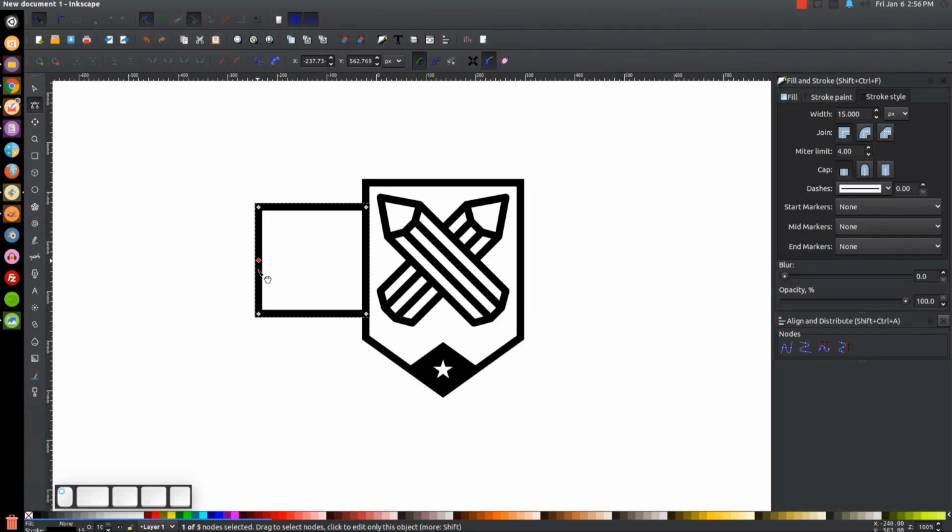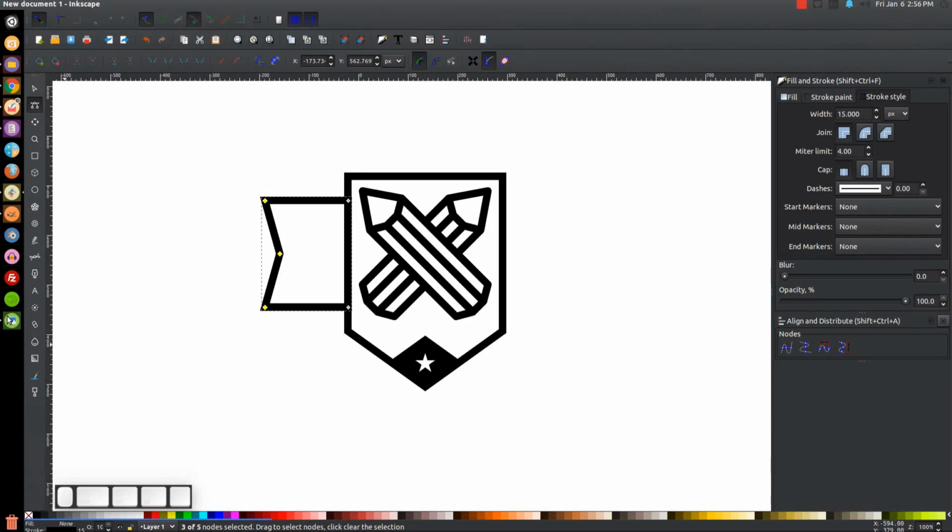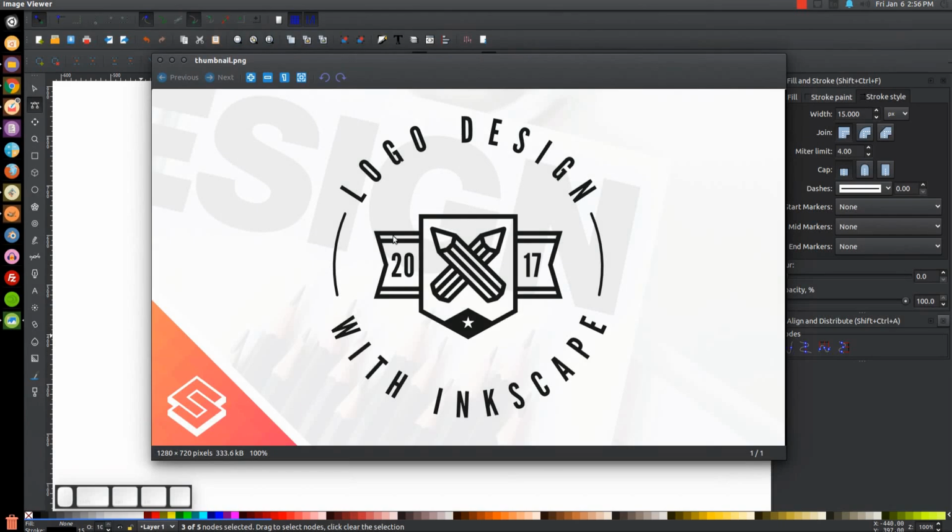And click on just that node. And then hold Control and just click and drag that in about that much. And actually I'm going to take those three nodes right there. I'm just going to hold Control and move them in about that much. And that's pretty good. And if you notice, I have a little bit of an accent line